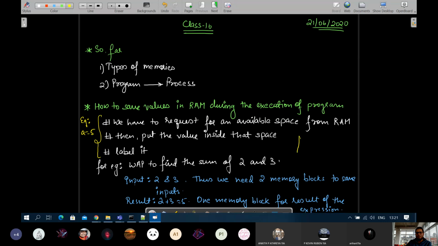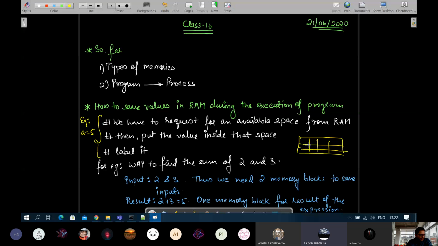So what will the computer do? In the RAM, let's say memory blocks are there. And one more thing: when the computer selects one available space, it is not like the computer will start checking from the very first block. Is this empty? No, it is not empty. Is this empty? It is not empty. What the computer does is it randomly selects. It randomly catches this box. Okay, this is empty, put it here. It does not search one by one till the first 3 blocks are filled and then give the 4th.